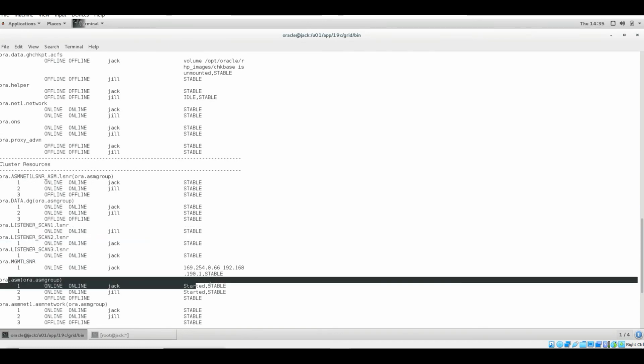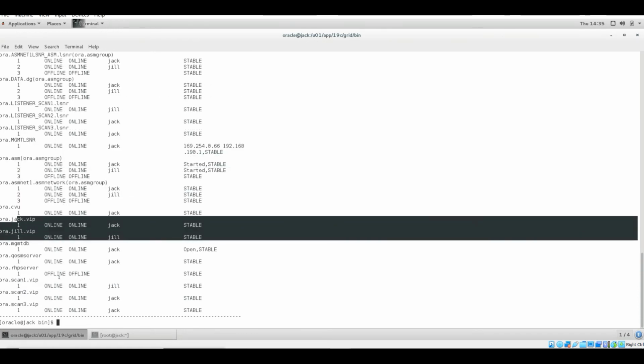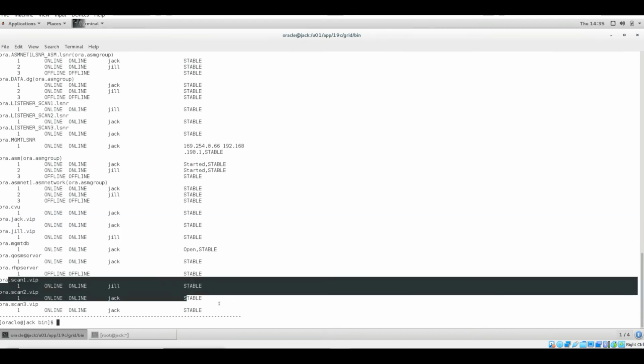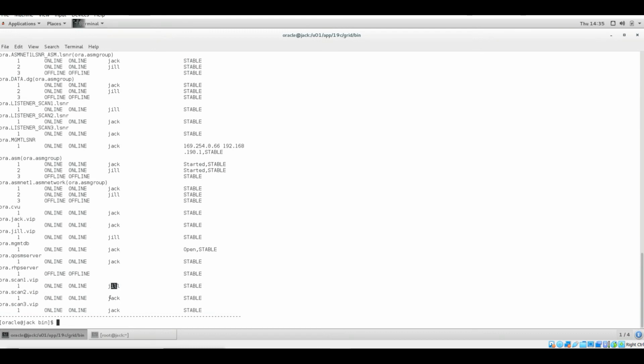ASM is also running, the management listener is running. VIP is running from both nodes. SCAN VIP is also running, as you can see, and you can see from which node it is running and the status as online. This should be the status.